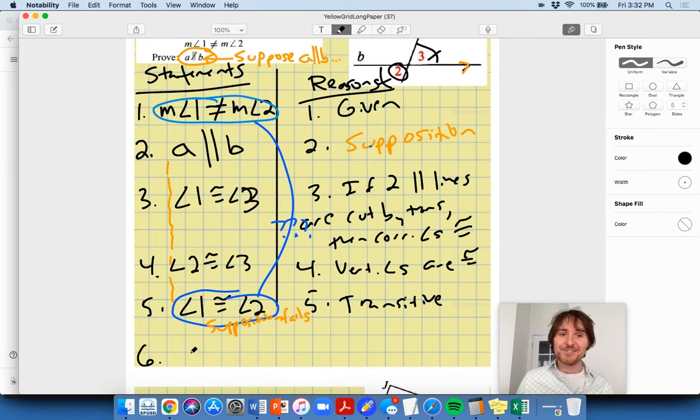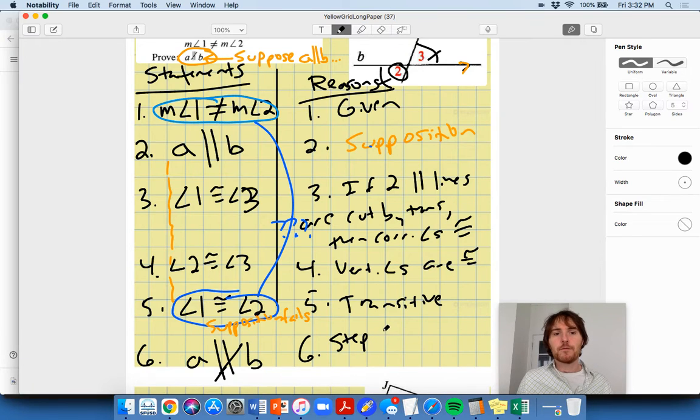It's all about what must be true. So A must be parallel to B. And the reason I know this is that, in step 5, after our contradiction, it contradicts. That's why a lot of people call this proof by contradiction. It contradicts